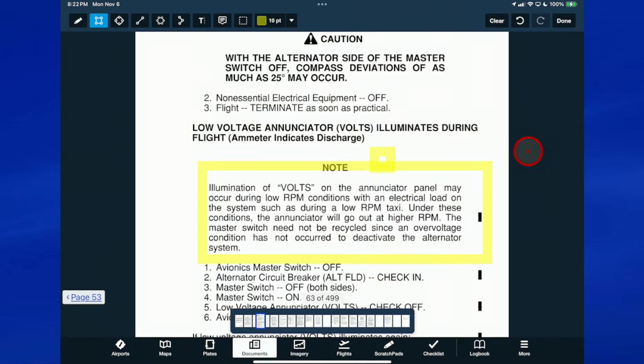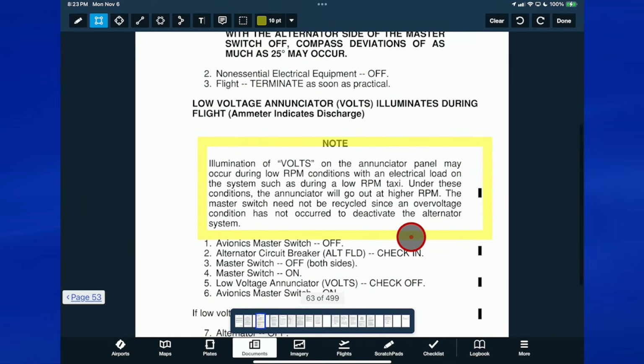I thought I could move it. Hang on, undo. Undo is my favorite button. So if you accidentally do something you don't want to do, come back up here to undo. Clear will get rid of all of the annotations on this page. So if there's a way to select it.